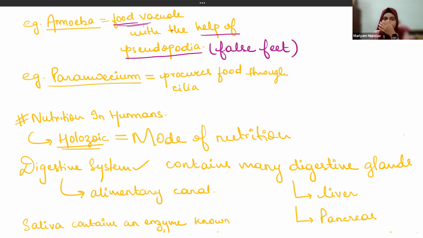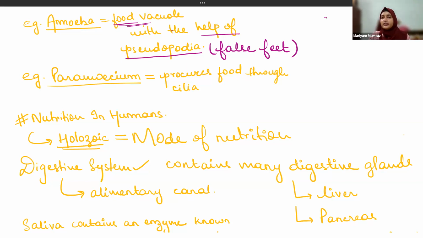Is it clear? Yes, ma'am. So amoebae don't chew the food like how we chew the food. Rather, they make a food vacuole, meaning they engulf the food inside. And what do they do it with? How do they engulf their food? With the help of what? Pseudopodia. Yes, pseudopodia. And pseudopodia means false feet,